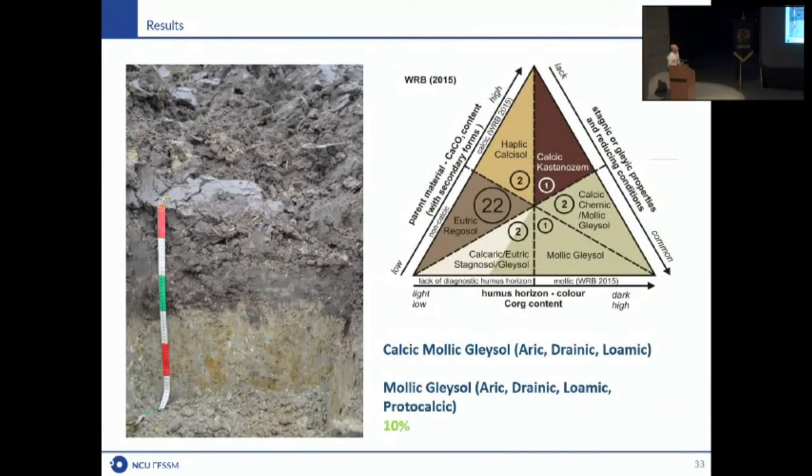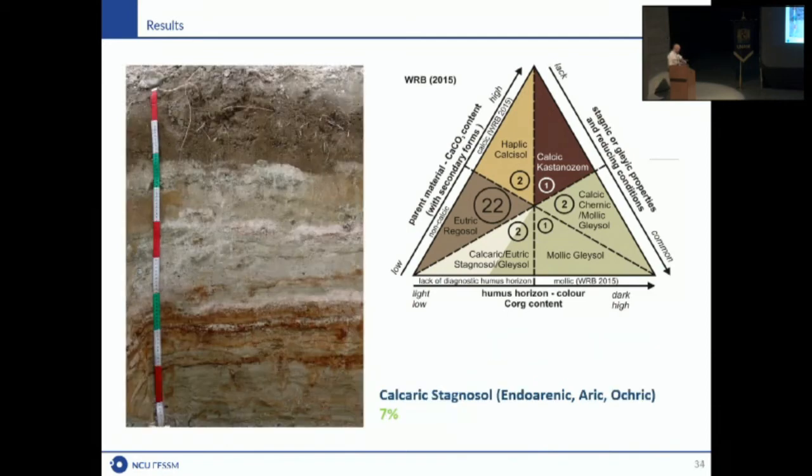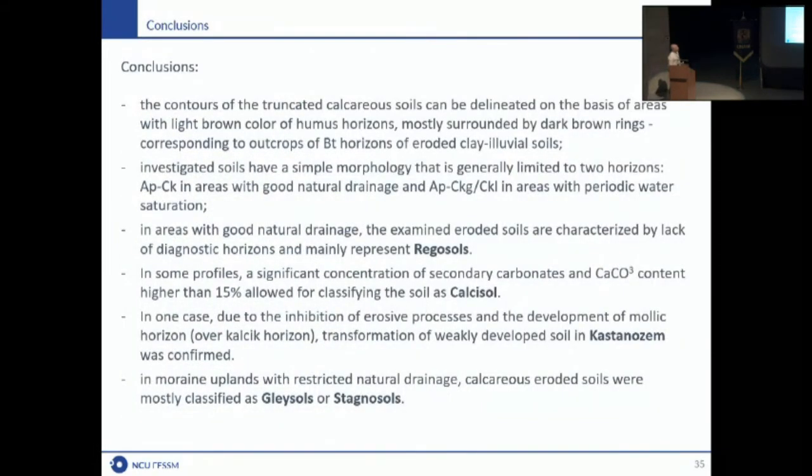Okay, of course, some of the soils were also connected with the high influence of the ground or stagnation of the water. Some of them we had to classify as Mollic Gleysols. In general, they have a better developed humus horizon because the soil erosion is not so fast in these places. Sometimes they had to be classified also as Stagnosols, because please remember that they are all still on the top of small hills. Sometimes it's not the influence of the groundwater, but the stagnation of the water in this material. And if we have no other diagnostic horizon, they had to be classified as this.